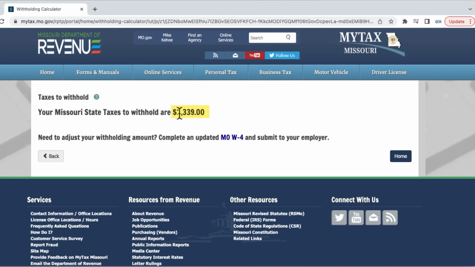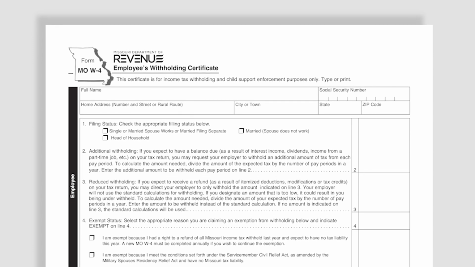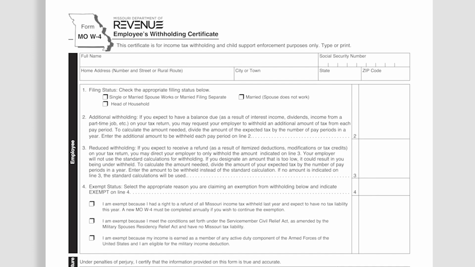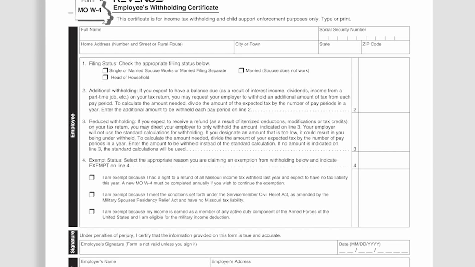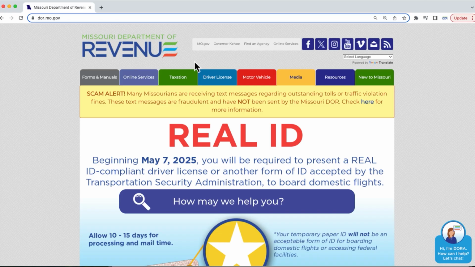It is important to note that the Department of Revenue does not save or record the information you enter into the tax calculator. Use the results from this calculator to help you complete a new Missouri W-4 and submit to your employer. You may click the link on screen, which will take you to the Forms and Manuals page with the W-4 form listed. You can also find the form on our website at